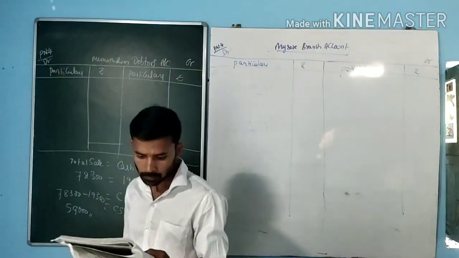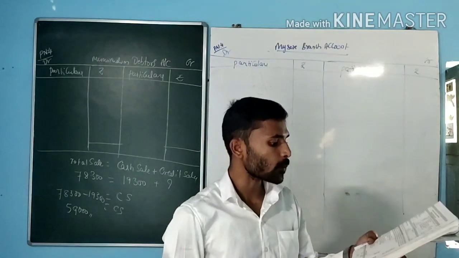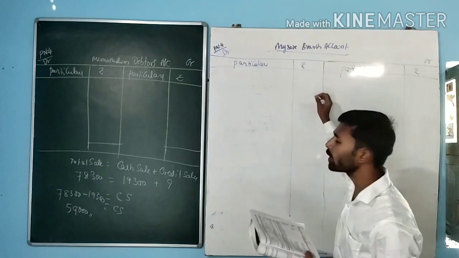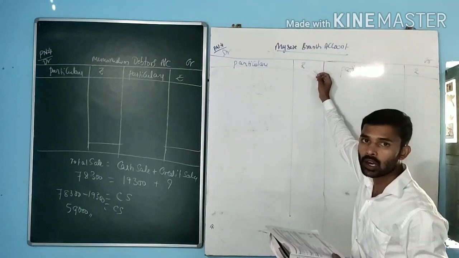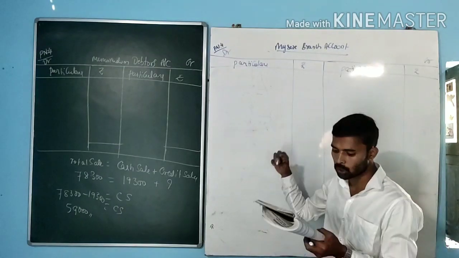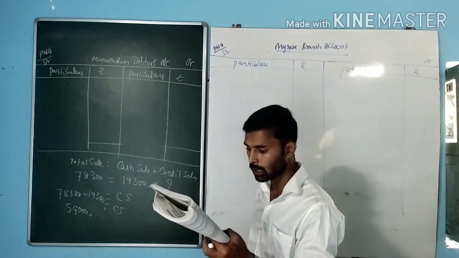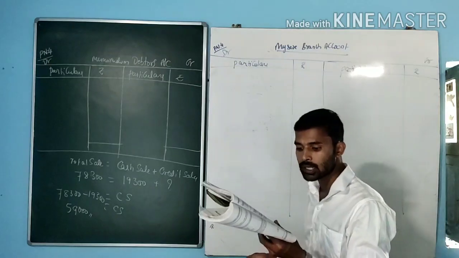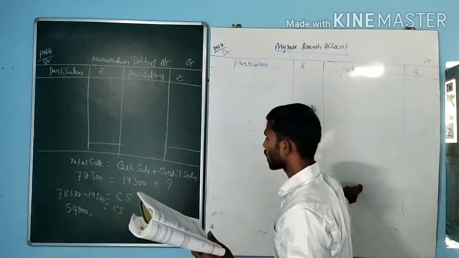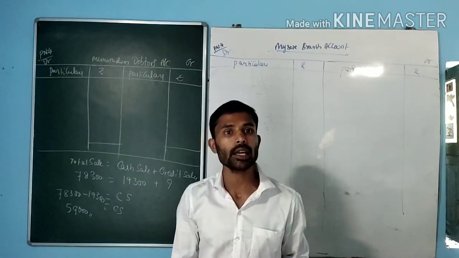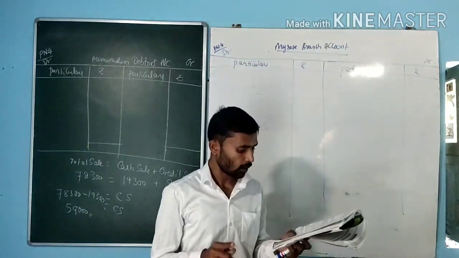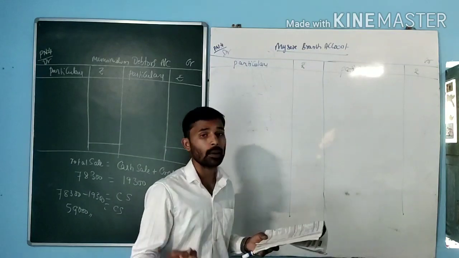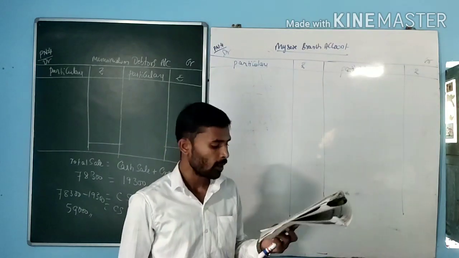Next one, cash sent to branches for expenses. Here all the expenses incurred in the branches are met by head office only, that is to bank account: salary, petty cash and rent. Next, stock at branch, closing stock, credit side, petty cash at branch given, credit side. Suppose if the petty cash closing balance is not given, we are supposed to calculate the petty cash. In an upcoming problem I am going to explain how to calculate the petty cash.